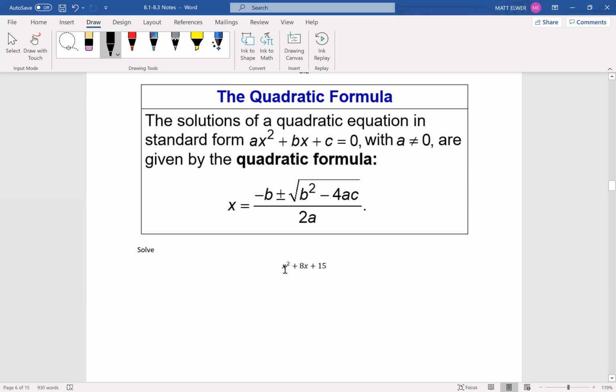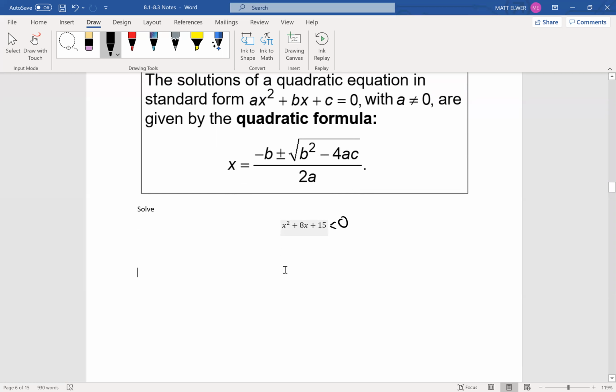Okay, so this first one says we're going to solve this, and I forgot to put it, but this is equal to 0. The way we're going to do that is just plugging it into this formula. So we don't have to do any guessing, we don't have to complete the square, nothing like that. We can just solve by using the quadratic formula. Notice that my a term here is equal to 1, that's just our coefficient in front of the x squared term. Our b coefficient in this case is 8, and our c coefficient is 15. So we're just going to plug those into our quadratic formula. So we get x is equal to